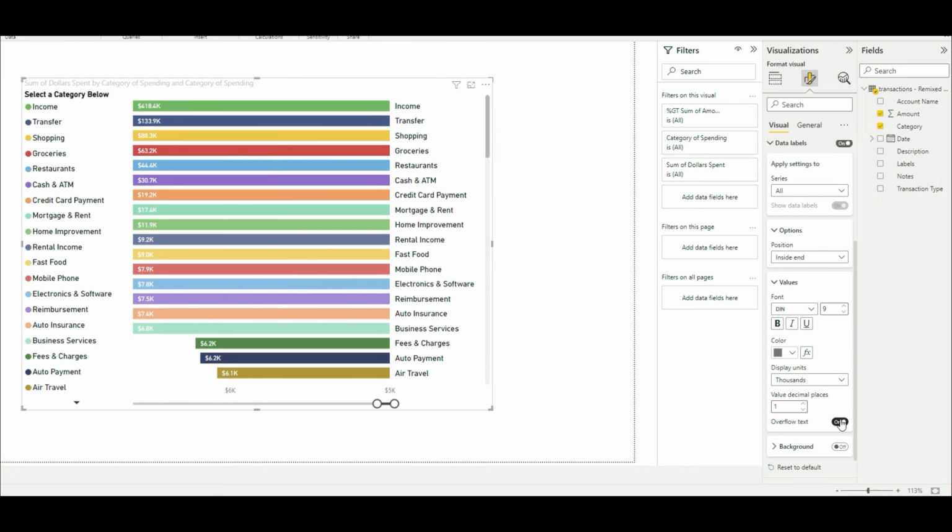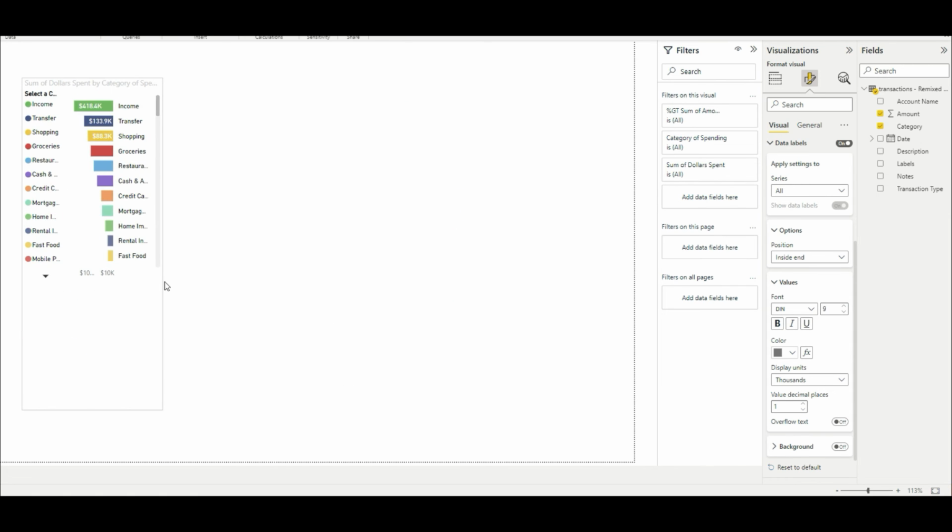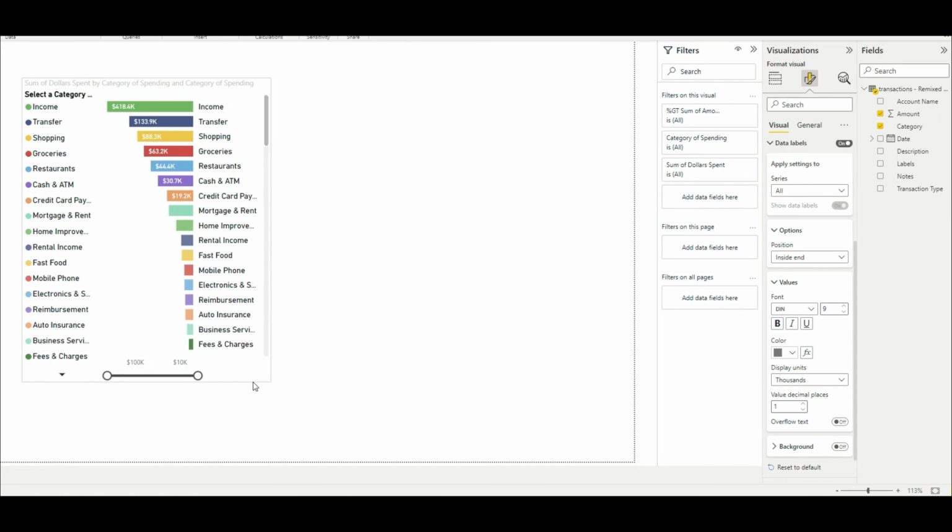And then if I had some overflow text, I could turn this on, in which case I don't. But let's say I had a really long label here, then I could make that be dealt with in terms of overflowing, so that way it wouldn't mess up. And this is probably a lot more relevant to having a smaller visual where you have a more crowded